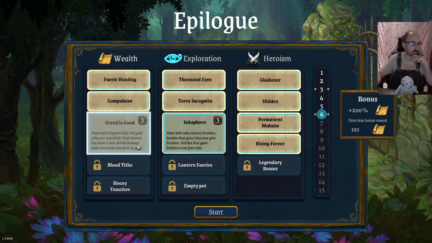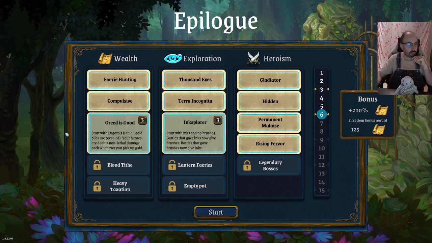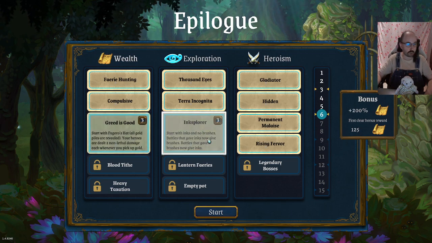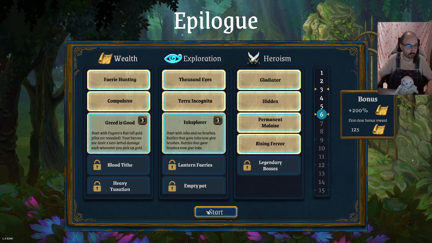We start with Fuguro's Head, so all gold piles are revealed, but my heroes are dealt 2 non-lethal damage each time I pick up gold. That is okay for Seifer, I think, but will be rough on Sharra. Maybe that's not ideal with this combo, but I think we can do it. And then Explorer: start with inks and no brushes. Battles that gave inks now give brushes. Battles that gave brushes now give inks. So yeah,